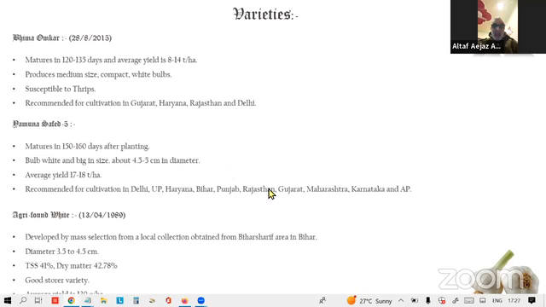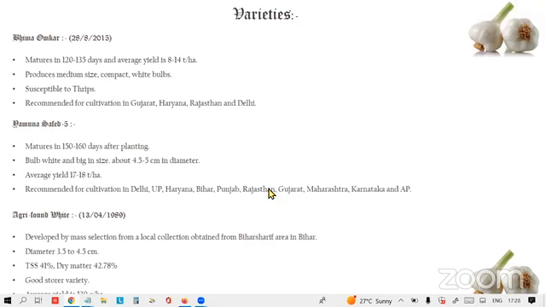It gives a yield of almost 130 quintals, that means 13 tons per hectare. It has a good yield, and still it is better than the average yield we normally get at present. That means there is scope for adopting high yielding varieties for propagating this garlic crop in order to have the desired results of high